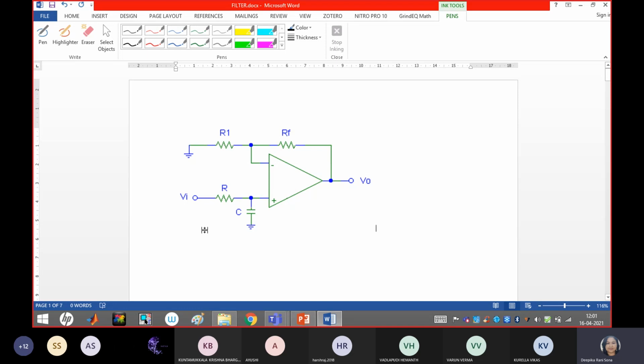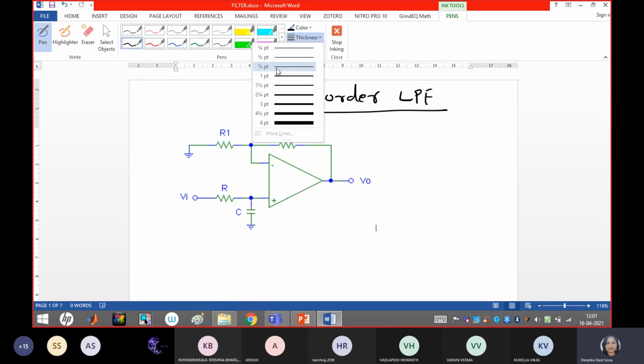How do we say that this is first order? By the availability of the R and C. And it is a low pass filter because R is in series with respect to your applied input. The first order low pass filter, in short form, is written as LPF. Here we have seen the frequency response, your cutoff frequency equation, the 3 dB down point and other things, and I had explained the design steps also. The design steps, once again I am repeating.